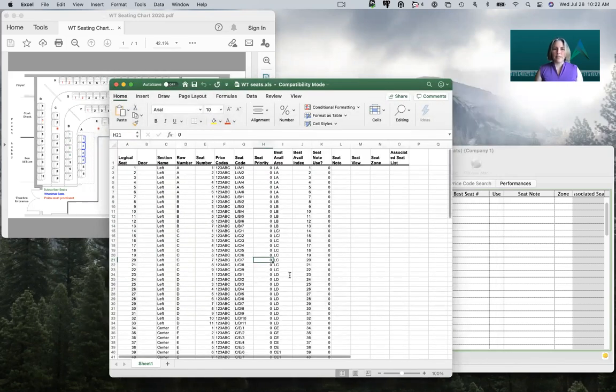Inside our map here, if we start at the top, we can see that we have the left section and move into the center section. We have our rows defined, A, B, C, D. We also have our seat numbers. So these are part of the values that we're going to see when we hover over top of our seats inside our map. We have our unique seat codes, and we have our best available area, as well as our